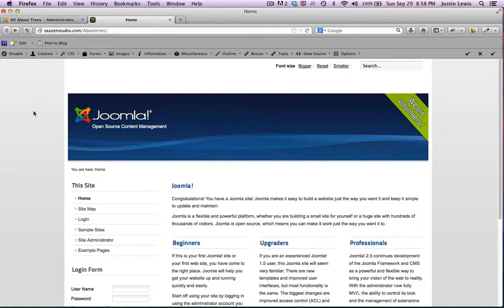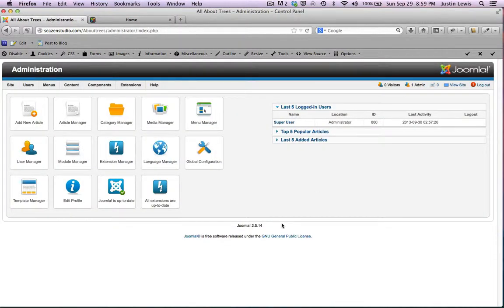Okay, and if you're one of the people that chose not to install all the sample data, you probably don't need to worry about this step. But go ahead and follow along, because I'm going to go through a whole lot of how Joomla works at the same time. Okay, so